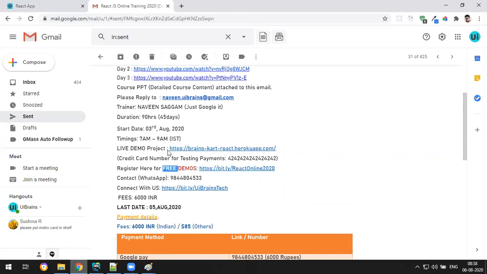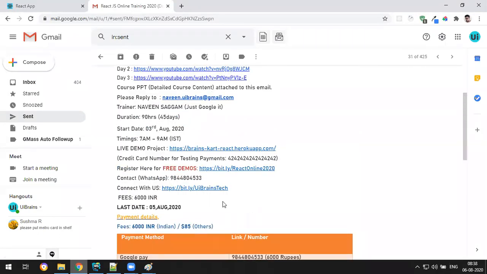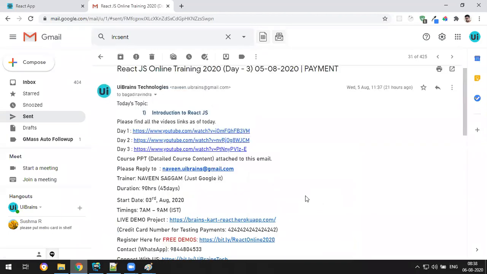The paid batch I'll create a new link for, and if you have any questions you can connect with me here. Once you have done the payment, I'll give the Telegram link also, because there's a Telegram group where everyone can join, and if you have any questions while practicing you can just take a snap and post there. I'll show you that Telegram group. I actually have two groups.